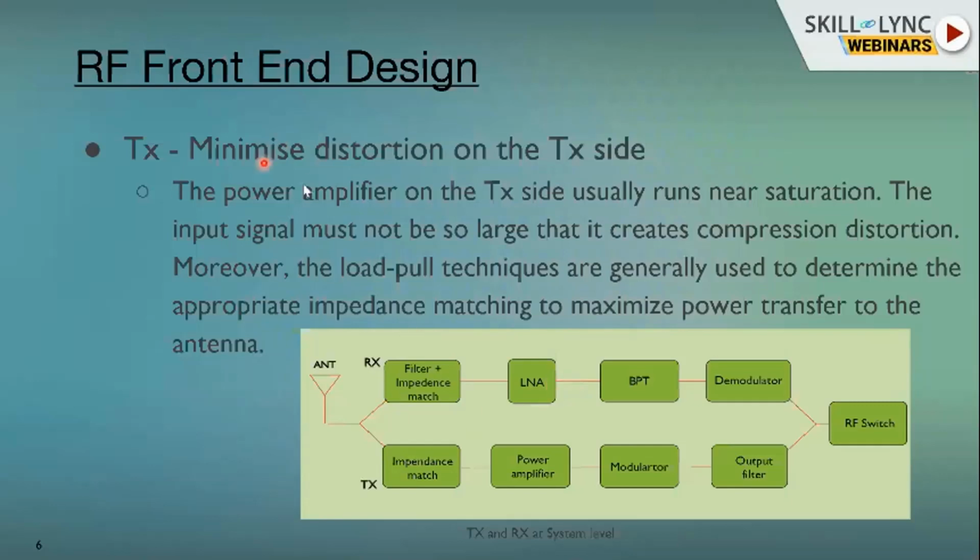So as I mentioned, when designing the transmitter, we are looking to minimize the distortion on the transmitter side. That will be taken care of by the amplifier, and then you go to the matching circuits, which come together and reach the antenna. In a similar way,